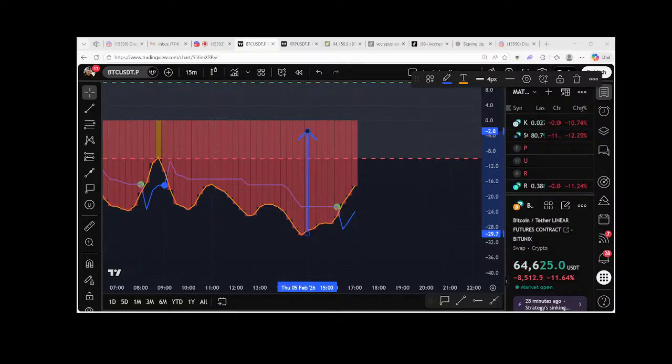So, guys, just make sure you understand Bitcoin's going to be bouncing here. We already had a 2-hour bounce. So now we're headed to a